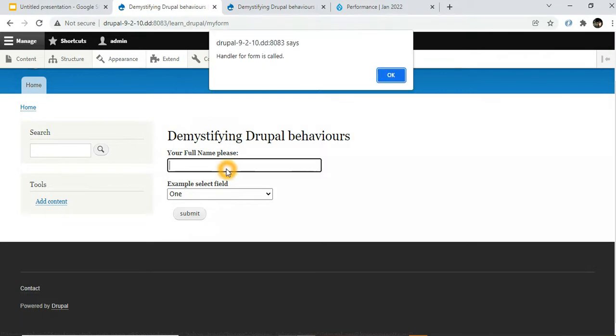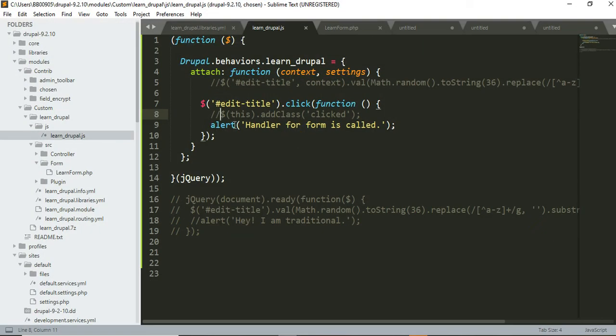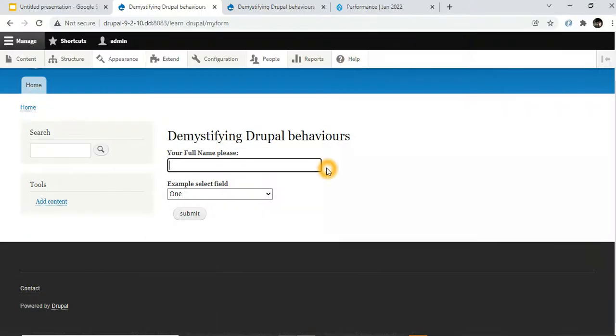So as you can see, if I click here, there is an alert pop-up coming, and if I click on OK, it is coming 2, 3, 4, 5 times. Okay, so here I haven't attached any context, right? There is no context attached with respect to this ID, and that's why the alert is popping approximately 5 times,